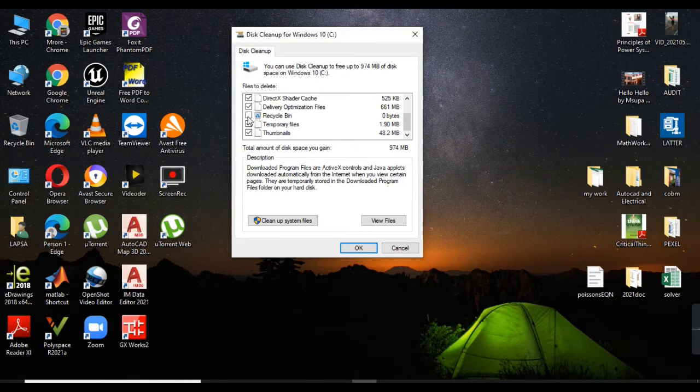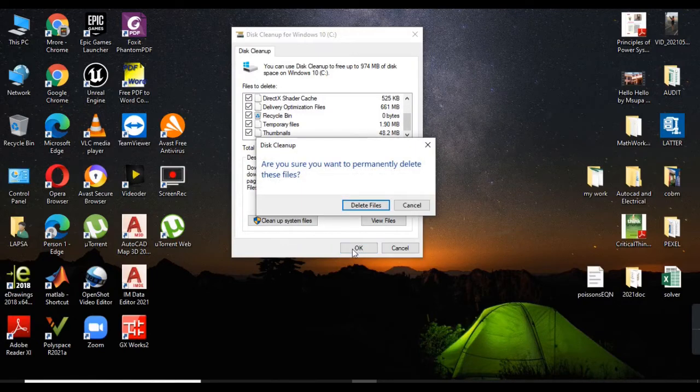So anything in the recycle bin, in case you want to still keep it, you have to put it aside. But right now we have to check it already. You can see the bytes with us, there is nothing, and that is it. You come down here and hit OK, and confirm the files to be deleted.